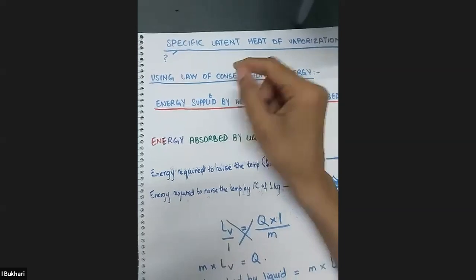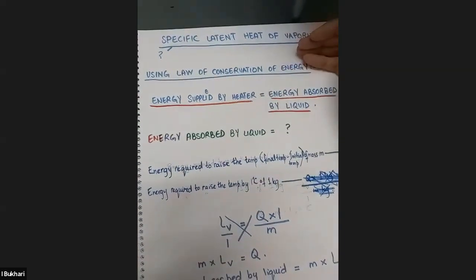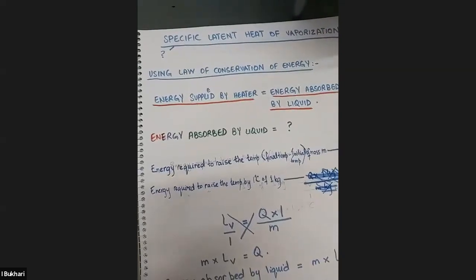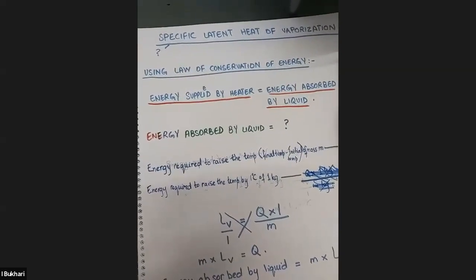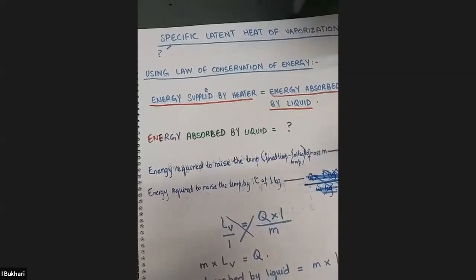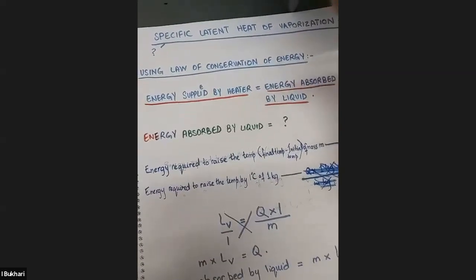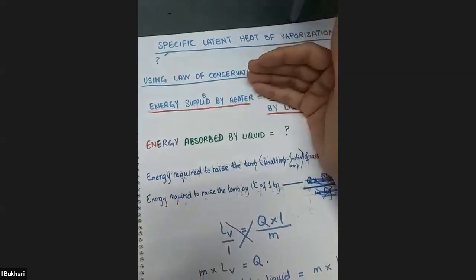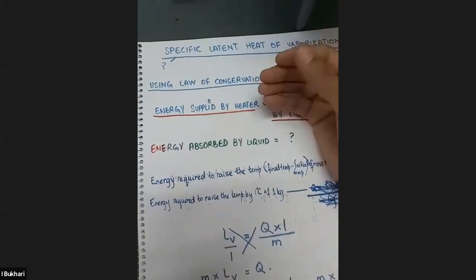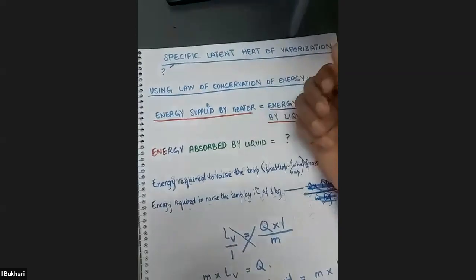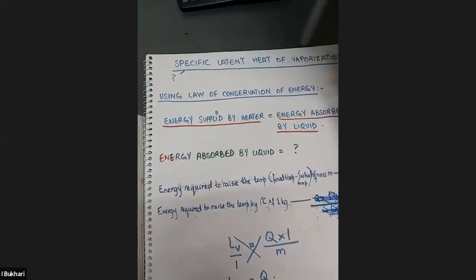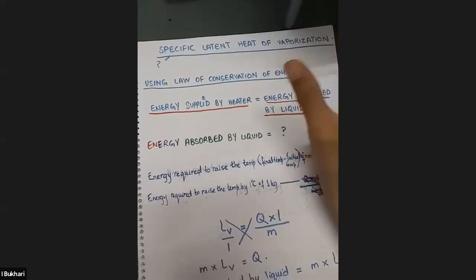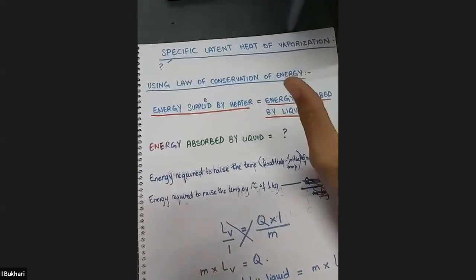And we discussed in our previous classes why it cannot be detected by the thermometer: because the average kinetic energy remains constant, and it is the average kinetic energy which is measurable by the thermometer. So it is the potential energy which increases. By potential energy, I mean the distance between the molecules increases, thinking of the molecules as balls